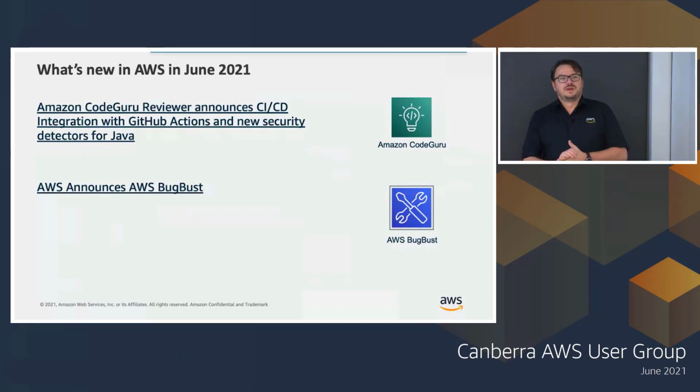And the last one I wanted to talk to you about was a bit of a fun developer one called AWS Bug Bust. Bug Bust is a new service which builds upon some of those ones like CodeGuru Reviewer and Profiler and brings it together in a way that gamifies a bug hunt. So you can go into Bug Bust, create yourself an activity where you set up a private bug hunt for your team, and then using CodeGuru Reviewer and Profiler, find bugs in your applications, and you'll have like a leaderboard for who's fixed the most bugs and tracking all of these sorts of things,